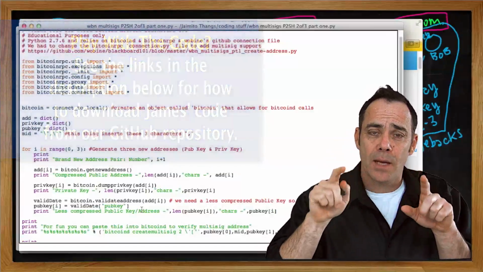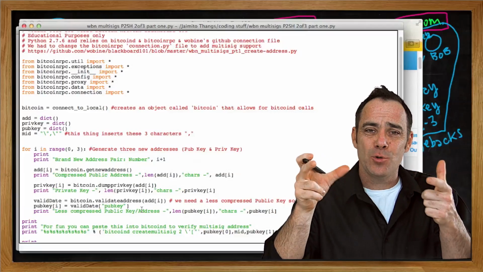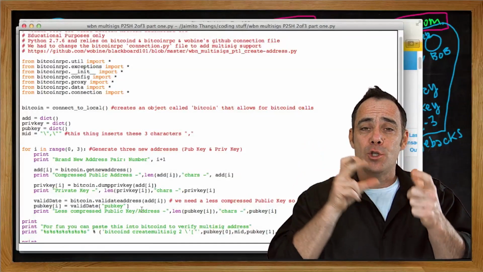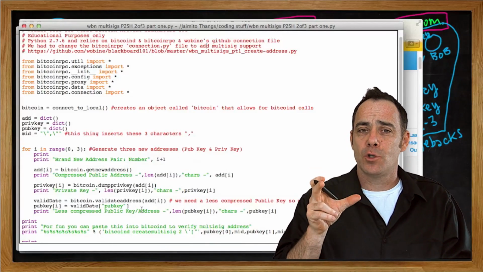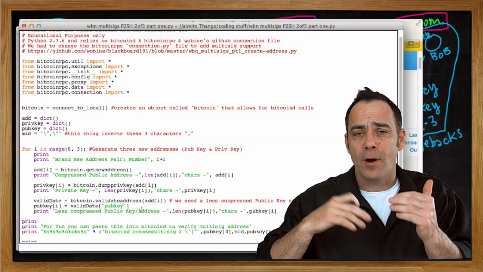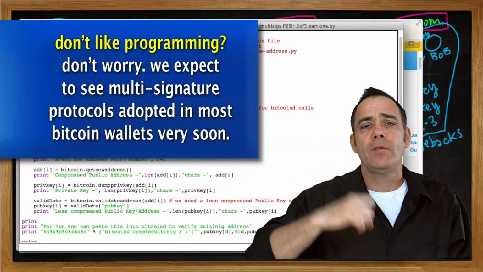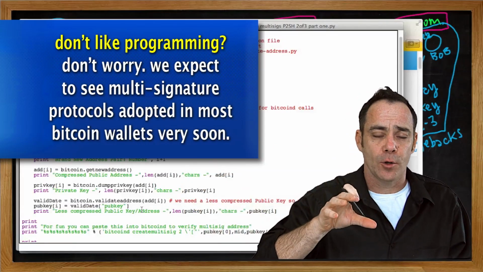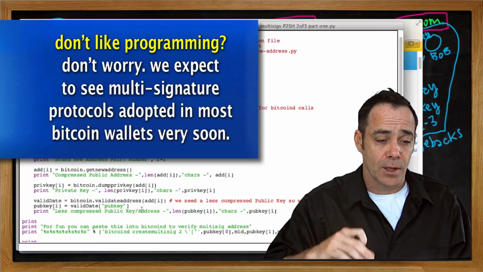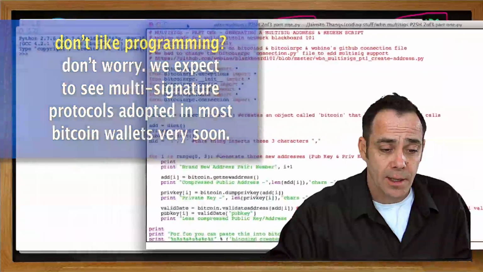They can each independently set up their own private keys, set up their own little wallet, and send you just the public address for those keys. And with that, you can generate a multi-signature address that a combination of the 3 of you can sign off on without ever having compromised the private keys with either one of you. So one brother will have his private key, the other will have his, and you'll have yours. But for this example, we're going to generate all 3 private keys, and you'll even get to see them on the screen. So here's the code, and we're just going to run it first and kind of talk about